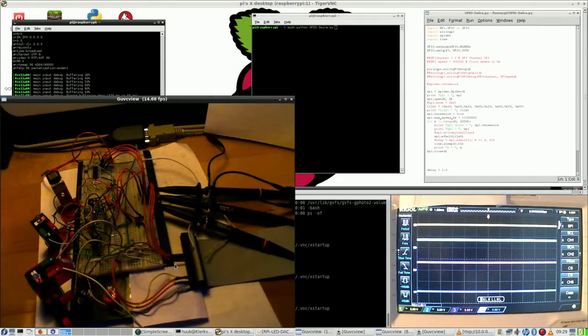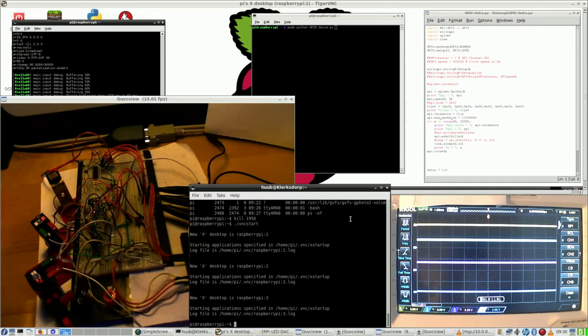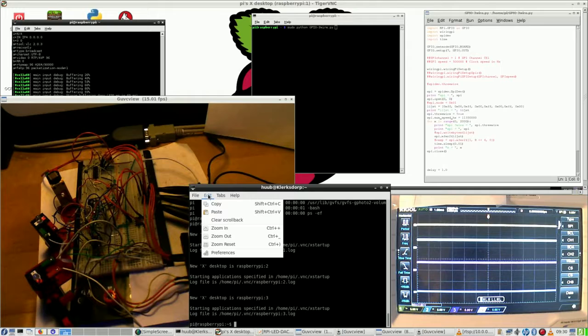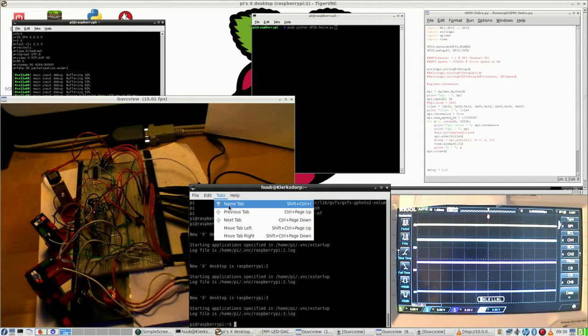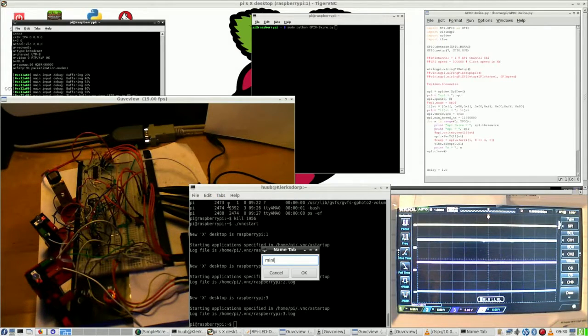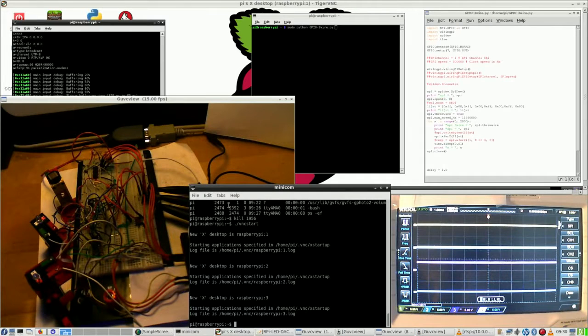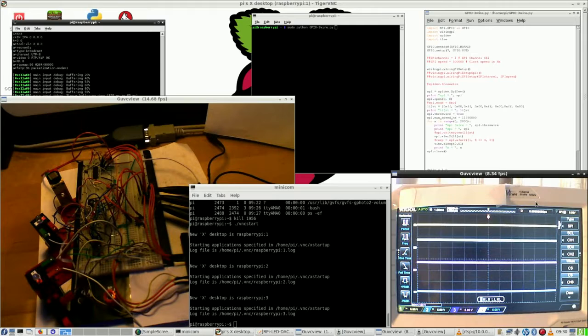Almost the same view as before, as the former segment, but used with screencast. This is, let me name it, this is then the Minicom serial terminal, the oscilloscope,